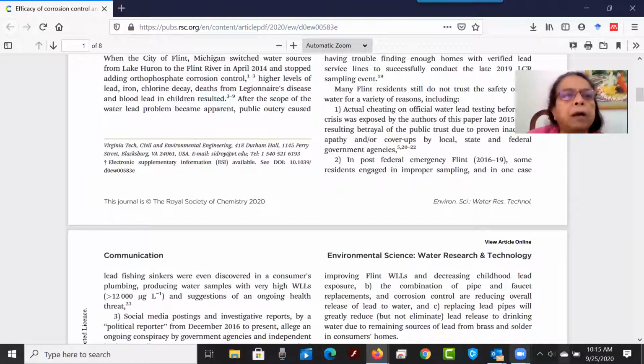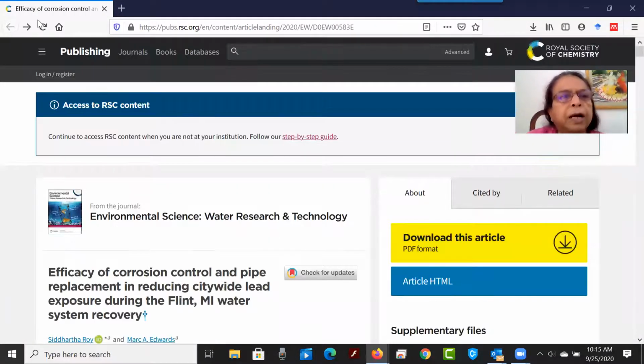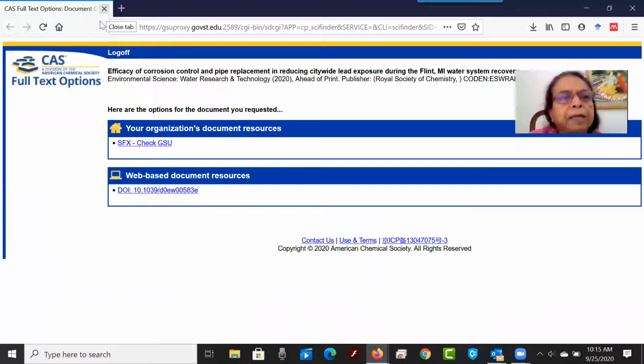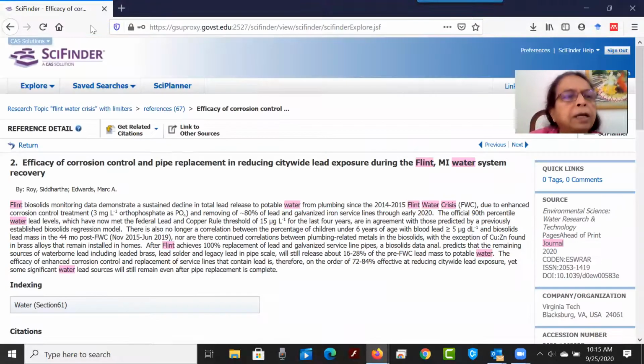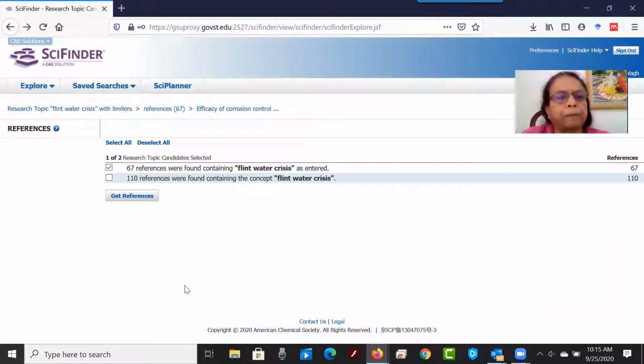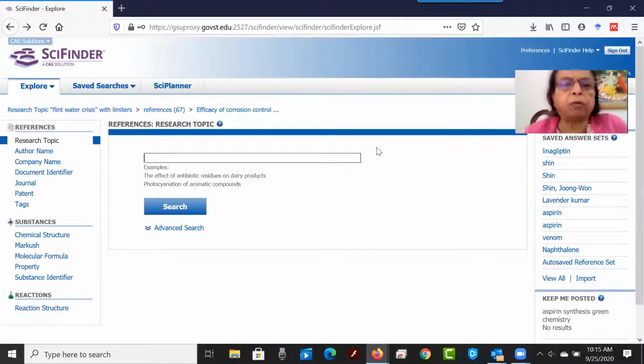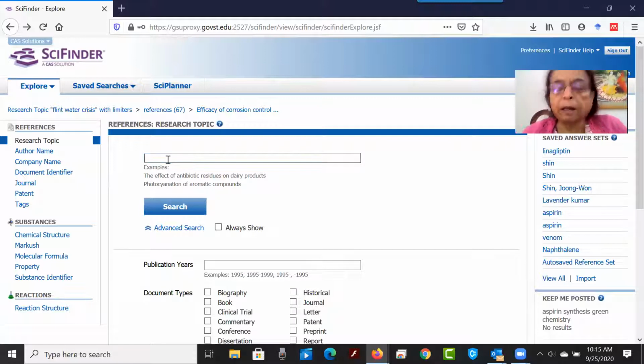So now I'm going to do another search, which I think is important for us to learn. The one that I'm going to talk about is, once I did that, I'm going back to my first page. And when I put in Flint water, what other terms could I use, right? So I can put Flint